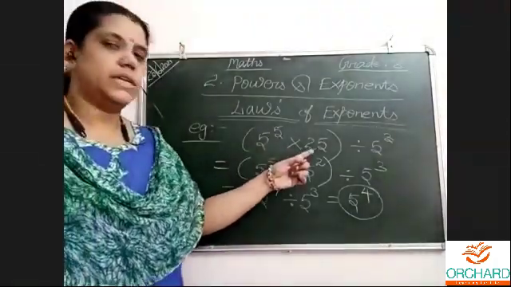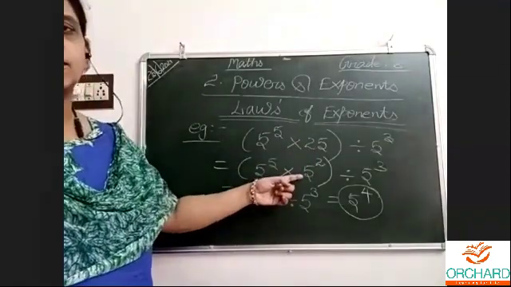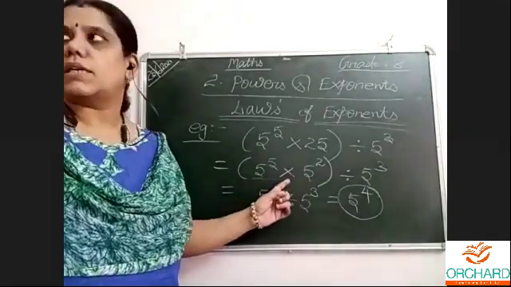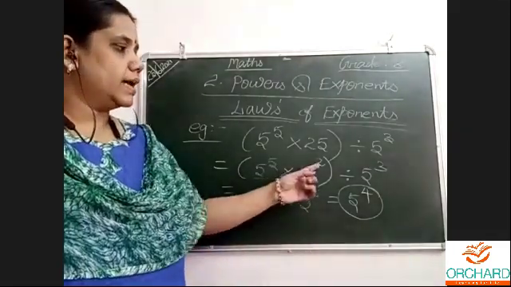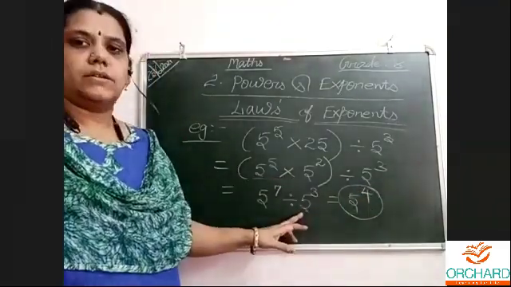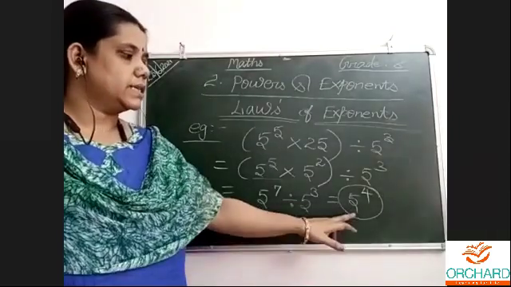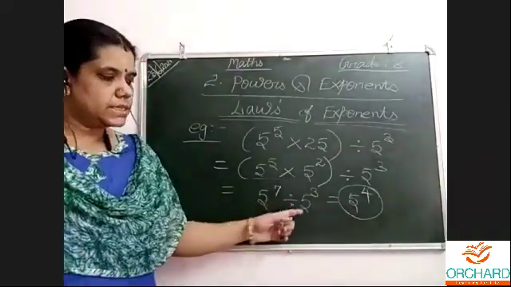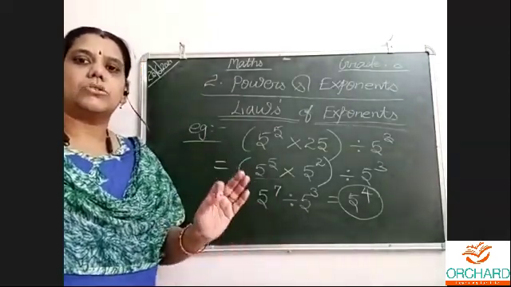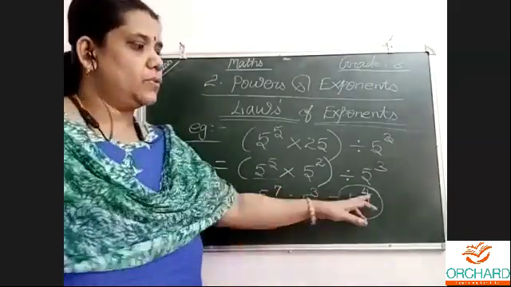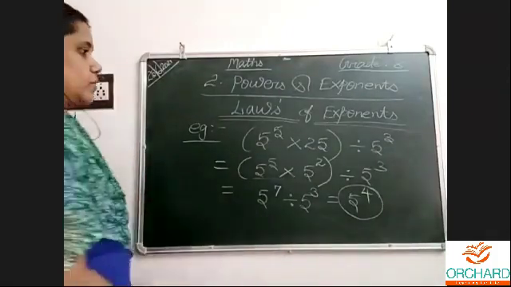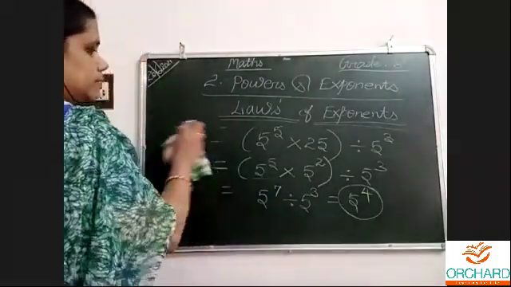So like this way, we need to solve by taking this 25 as 5 power 2. Then these both have the same base and a multiplication symbol, which means we need to add the powers. So we have added. Then this number I copied. Now these both are the same base. So again the same law. When the bases are the same, powers are different, and there is a division symbol, then the powers should be subtracted. 10 minus 3, 4, 5 power 4. Again, this is an example sum only, in page number 24.